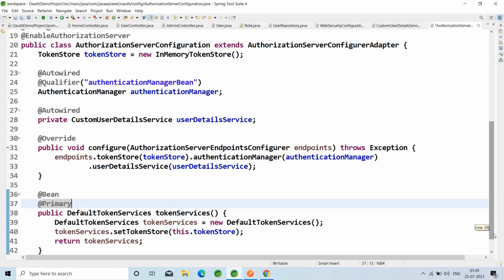After this, configure the client information by overriding the configure method, which takes ClientDetailsServiceConfigurer as a parameter.